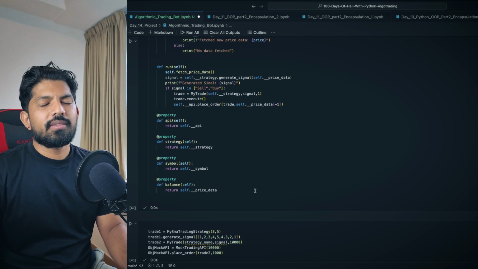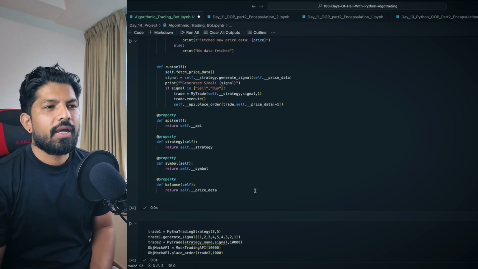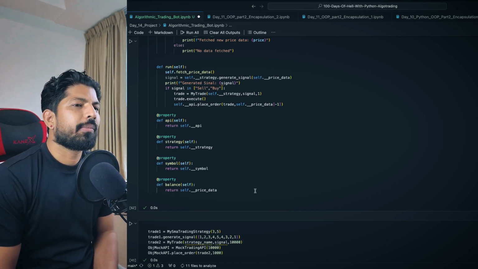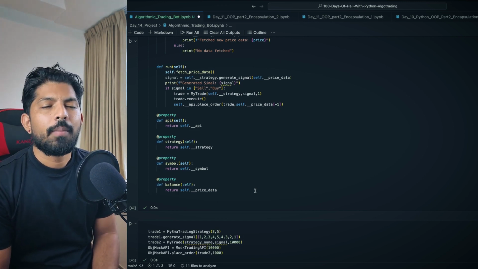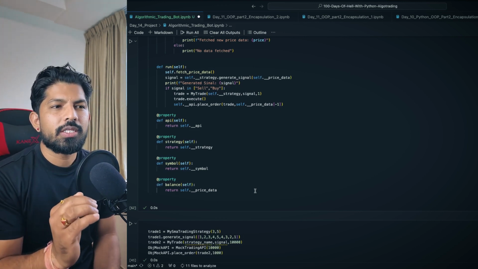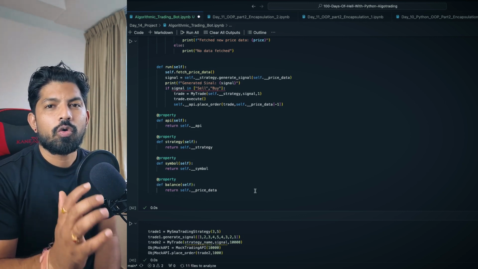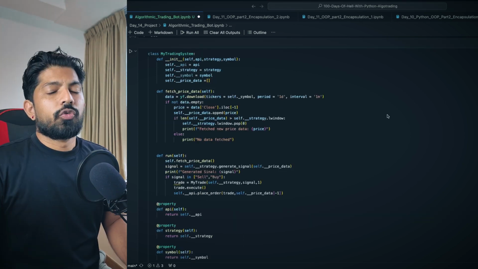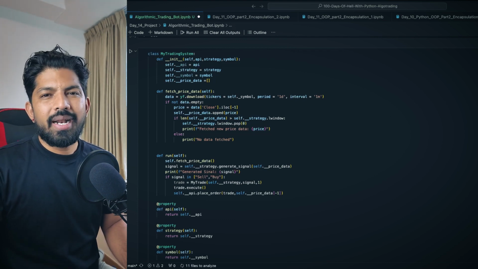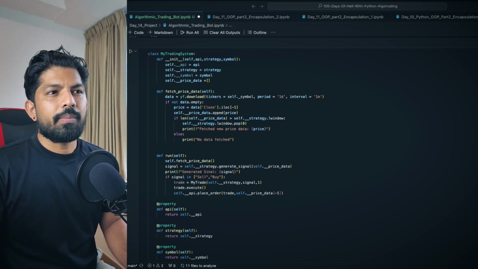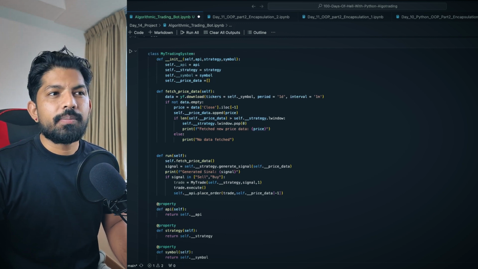Now we just need to call these, and for that you have multiple options. You can use the if name main function also here. For now we just simply call this and test whether it is working fine or not on the live data, right? So for that we now have to provide these values. The symbol can be Apple, Microsoft, Bitcoin, Ethereum.